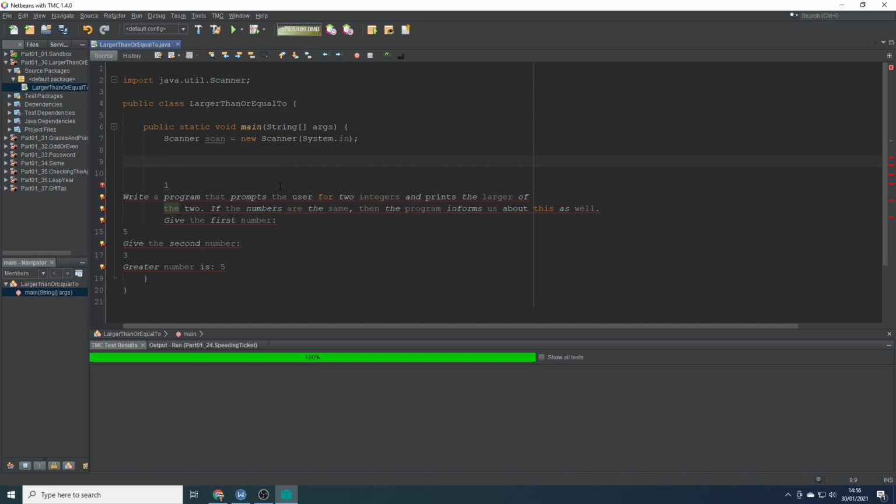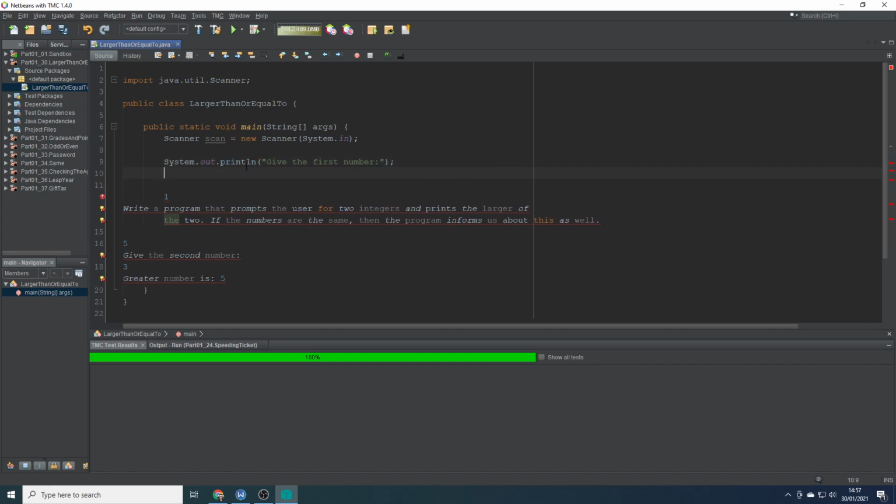Okay, so we're going to need our prompt. So the first one is give first number, so I'll just cut that. So we'll do system out, give first number, and then we'll store that in an integer. So we'll say int in1, for input 1, is equal to scan.nextInt,